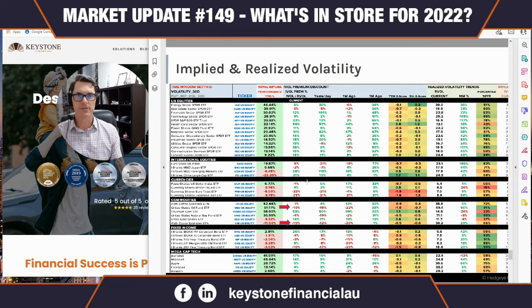We have had a lot of volatility in the market in the S&P 500, in the Nasdaq, in the oil complex, in the Russell, and I talk a lot about this implied and realized volatility table because the information contained on it is one of the lenses through which I make investing decisions. And again, just to refresh what this means, when we see implied volatility premiums, it means the market is probably having a bit of a panic attack. People are buying protection, and it's usually because there's a sell-off going on.